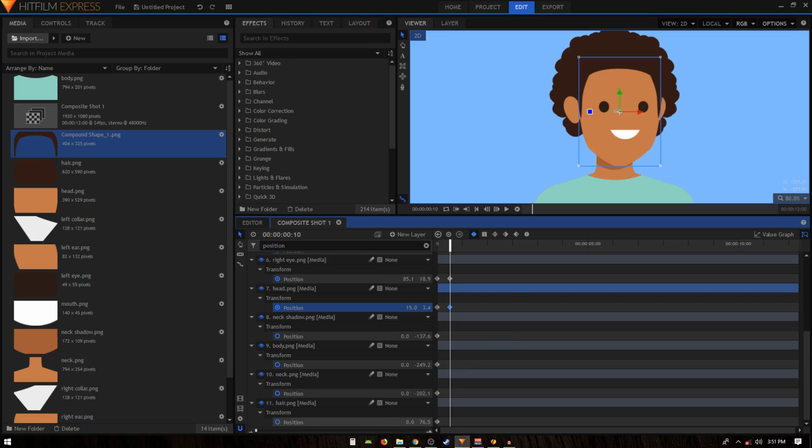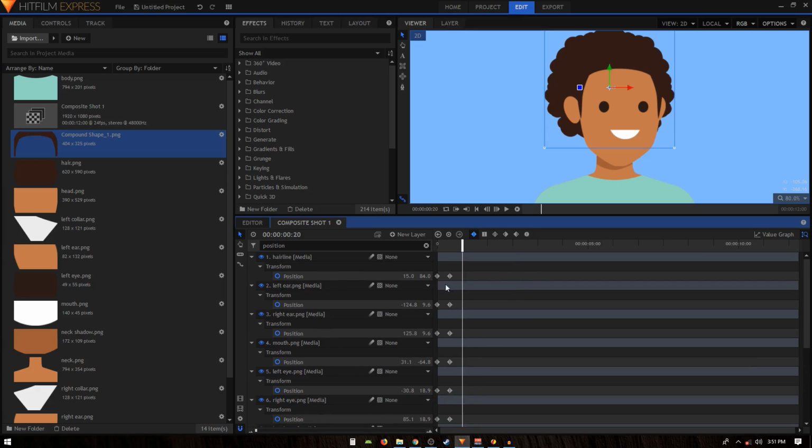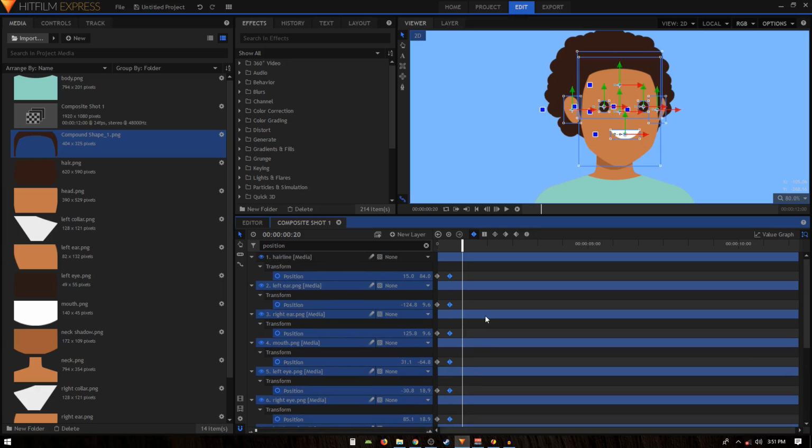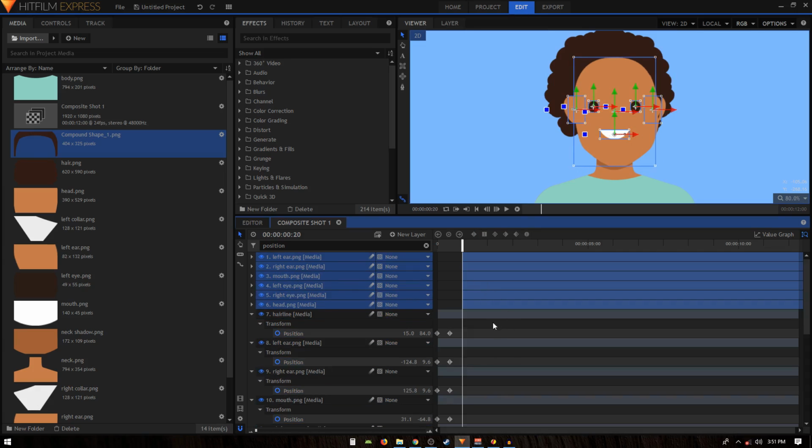Yeah, now we can just change the position, and this guy is looking to the right, so we need the hair movement to be in the opposite direction, something like that. You can see now we have something like that. And now we can just move 10 frames forward, and you can simply copy all these keyframes and paste them over to this playhead position, because when you do that, you see that it creates all these